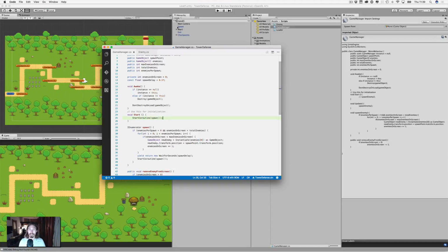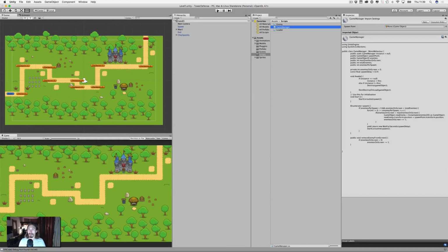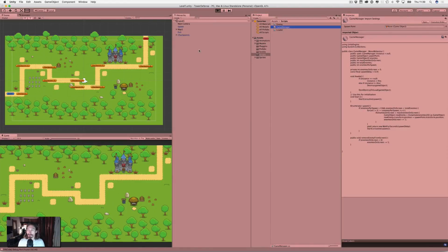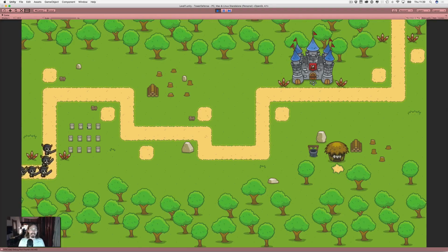So let's go ahead and save that. And let's go ahead and press play and see if it works. Look at that. We got eight enemies going, and they're a half a second apart, so they're not all piled on each other. They look cool. They're following the path a lot better. And like I said, if you want to tweak that, you're more than welcome. You can make those colliders even smaller than what they are, or shift them around, put them on the farther end of the